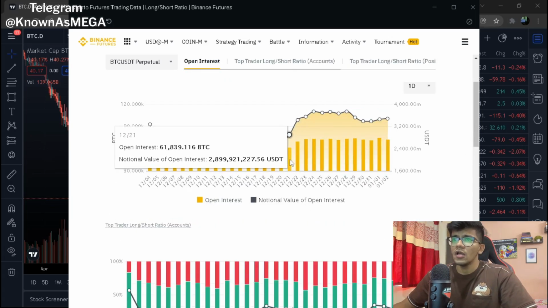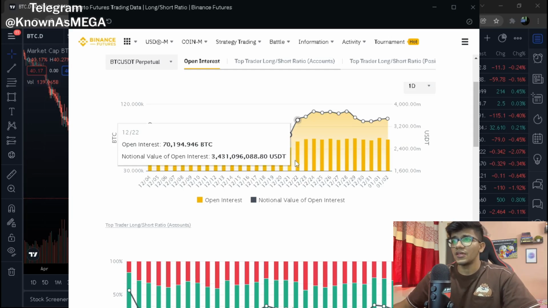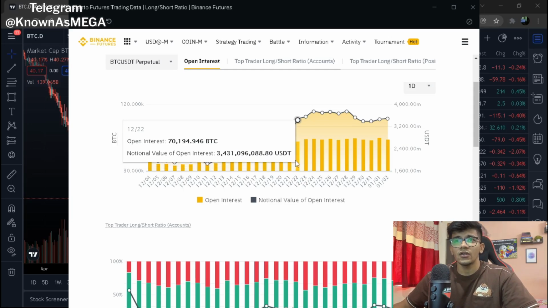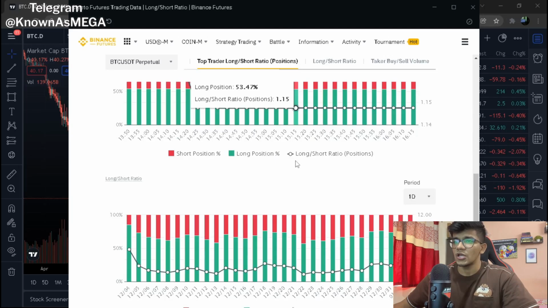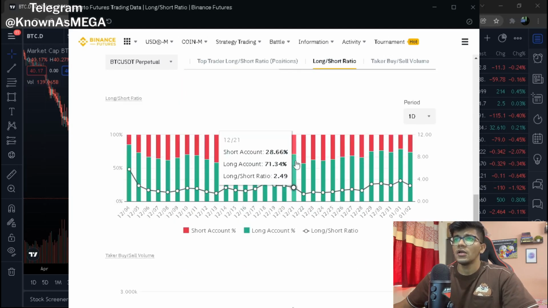So over here, on 21st of December, the open interest was 61,800, while on 22nd of December, the open interest went to 70,000, which increased very, very much. Let's just see what happened. So on 21st,